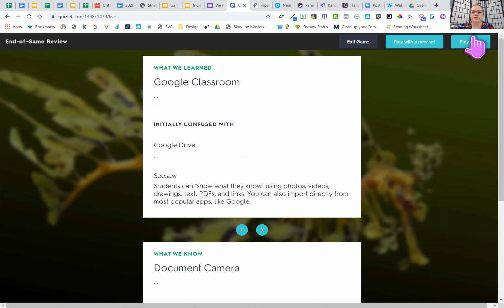Now, with the free version, you can click this option to play again, and you can go right into the next game and play it. With the paid version, I can click to play with a new set, which means I can choose between any other set that I have created or that I've saved, and I can just go right into there, and the students don't have to type in a new number. And that's one of the main reasons why I liked the free version, because I didn't have to give them a new number when we did a review of a concept, but now I want to do a fun one, instead of having to give them a different number.